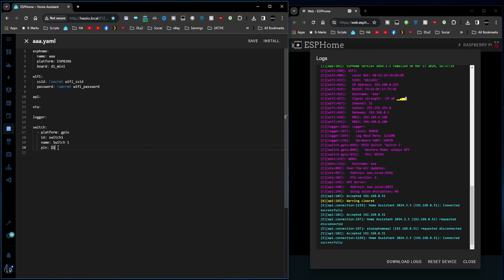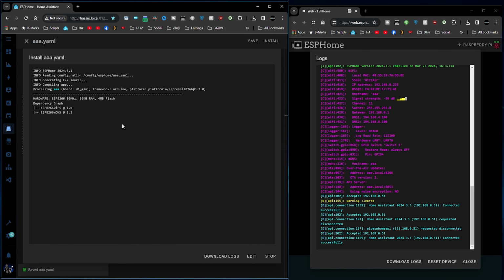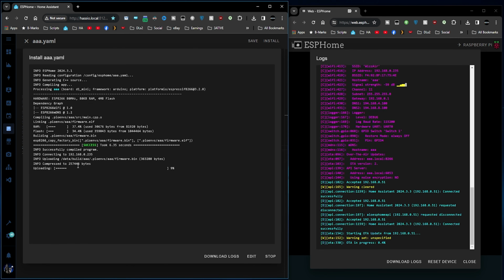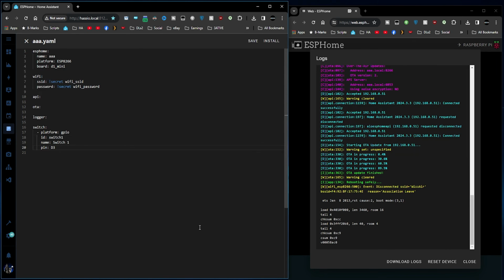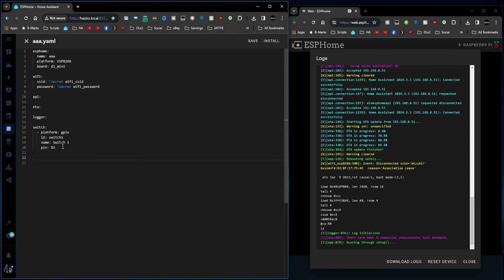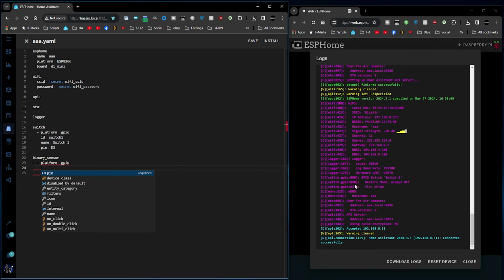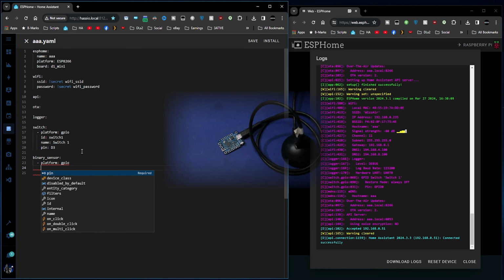We can update this. So let's change this switch to a different pin. We'll install that wirelessly again. This will be a lot quicker because it hasn't got to rewrite all the code. And then we can wait for the firmware to update. So as soon as this is finished, we can go back to edit. We don't have to wait for this to log and then come back out of it. And then we can continue writing our code. Now you can see we've got the logs running in the background as well as typing the code at the same time, which is very handy. So yeah, that works quite nicely.